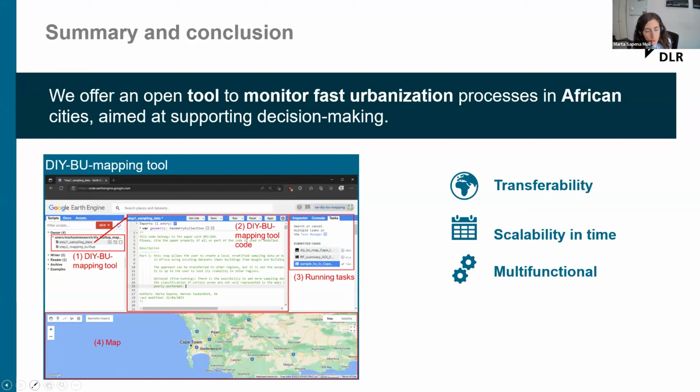It's multifunctional. As I said, the script and the code will be available, and users who are interested in how to produce cloud-free mosaics of Sentinel data, or in mapping urban green spaces, will be able to use most of our tool and adapt it to their own problem or application. It's open source, so we will publish the code, and it's also heterogeneous. We tested in arid landscapes, humid landscapes, and different agroecological zones in Africa to make sure that the accuracy was not very dependent on the landscape.